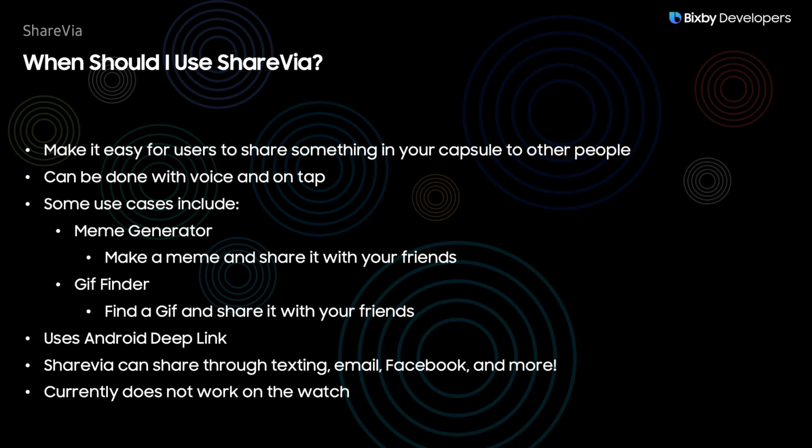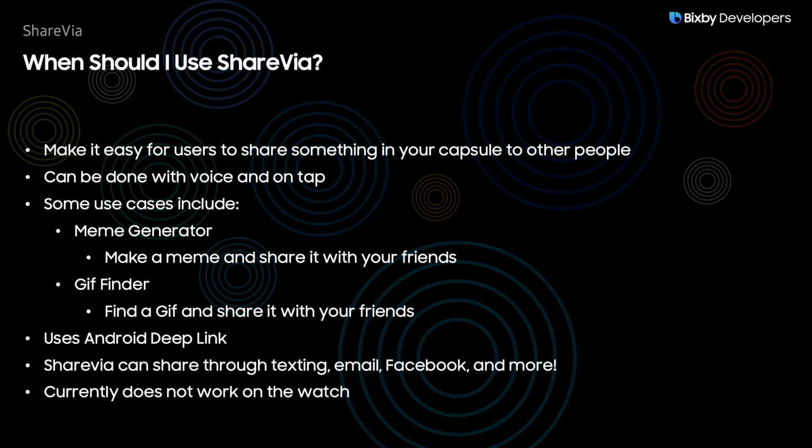So when should you use ShareVia? When you want to make it easy for users to share something in your Capsule to other people. You can do this via voice and on tap. Some use cases that are currently live on the marketplace are Meme Generator, where you can make a meme and then share it with your friends, and GIF Finder, where you can find a GIF and share that